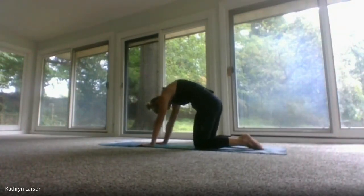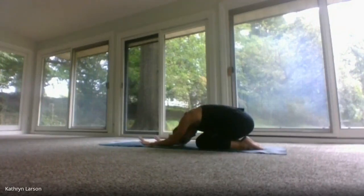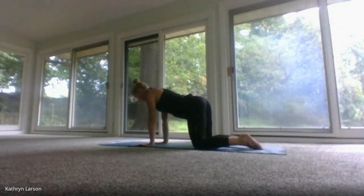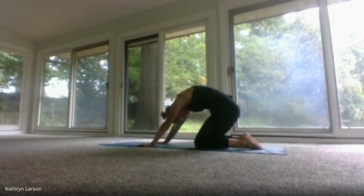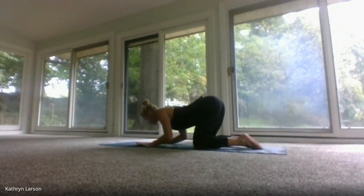Again, rounding the spine, pushing those hips back, chin to chest. And rolling forward, forearms pressing to the mat. We're gonna roll through right back into our starting position. Beautiful. If you'd like to, you can just transition into that cat and that cow. Otherwise, continue with those full circles, making sure we're not holding our breath, continuing with breathing in and breathing out